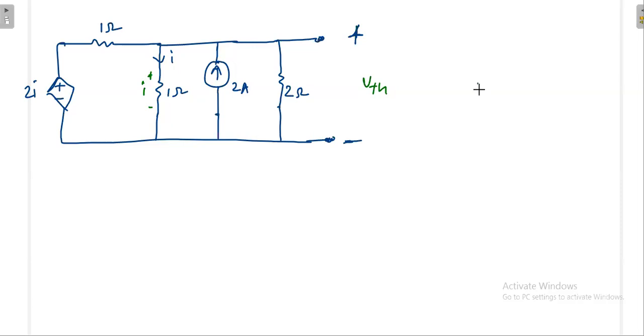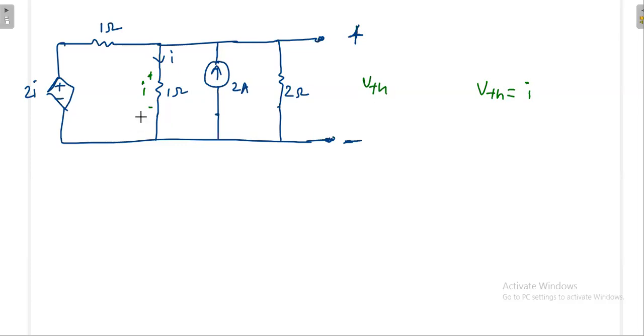Same V Thevenin, because V Thevenin means open circuit voltage. So I can write V Thevenin is equal to I, because whatever the voltage available here, I is like a number. Finally, I is a number, so that is a voltage. Now it may be a little difficult for you, because current is equal to voltage, but think of I as a number. The same voltage drop will appear across all these branches. That means in the open circuit also you will get V Thevenin is equal to I.